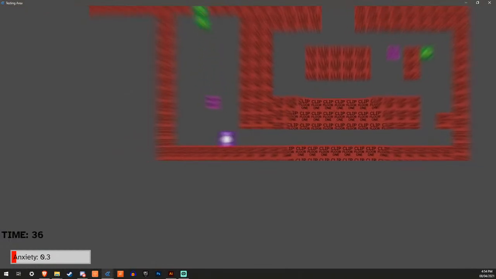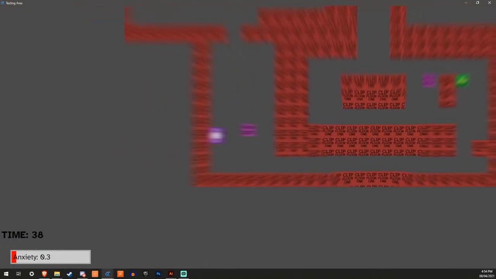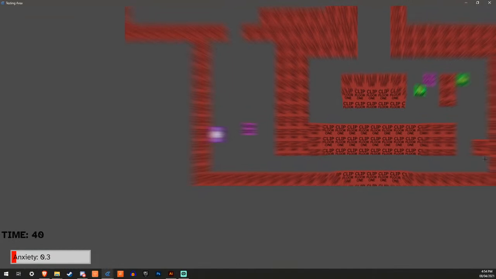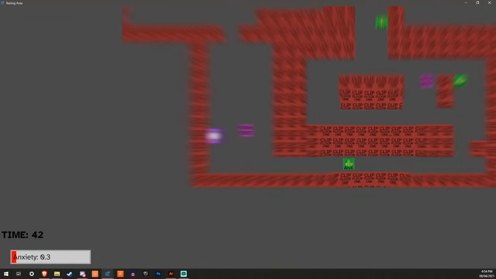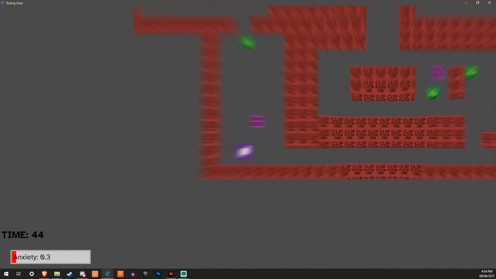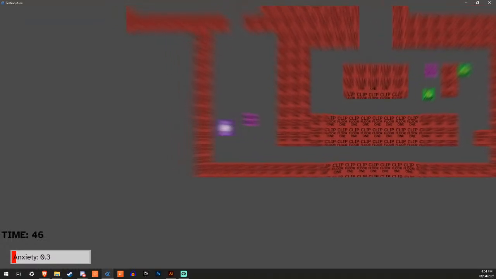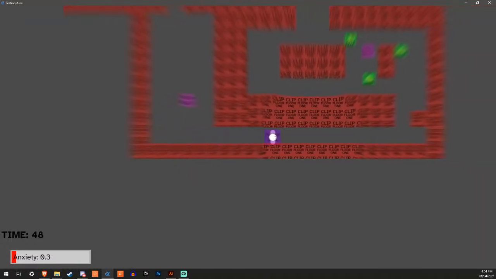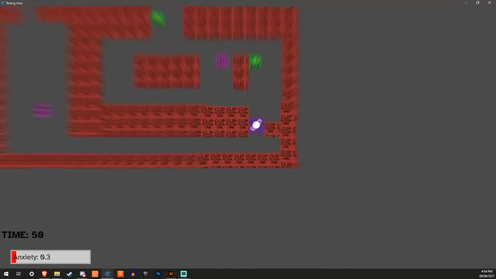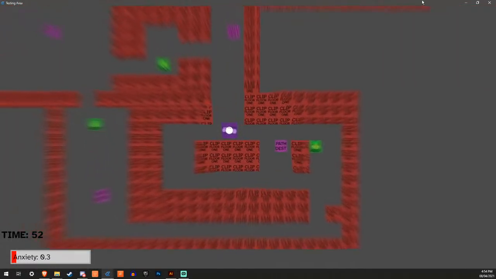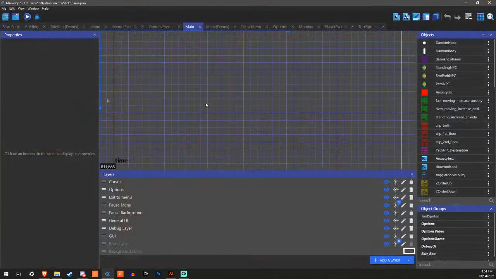Okay, so the blur does it, I guess, based on... Okay, that's odd. It doesn't follow the player when it does it. Alright. That's interesting. Very interesting.